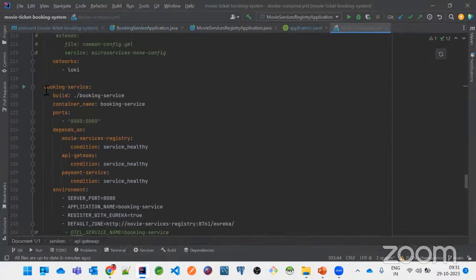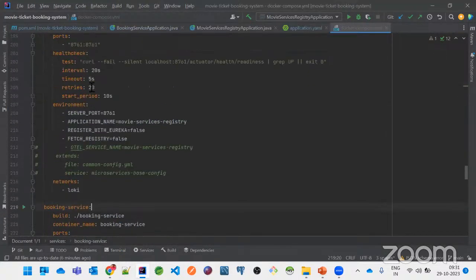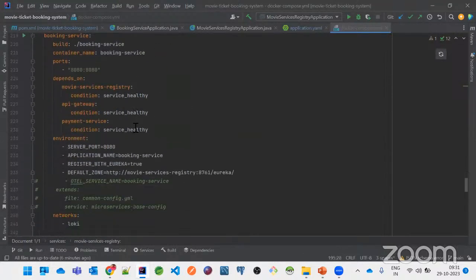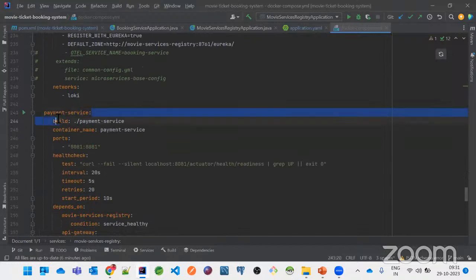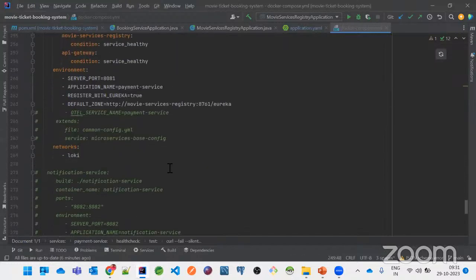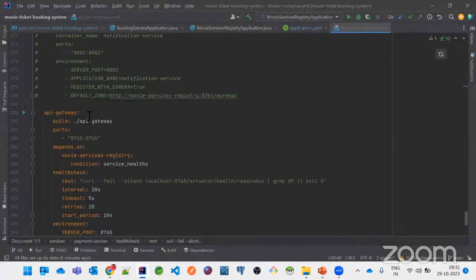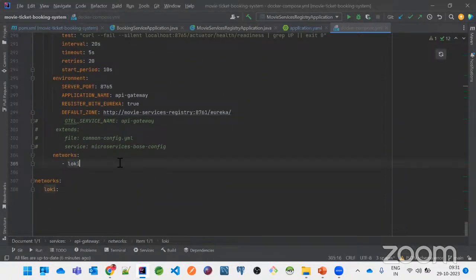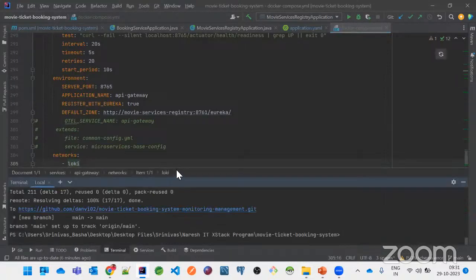So if you see, the booking service has been defined. The movie services registry has been defined. The payment service has been defined. The API gateway has been defined, etc. Okay. Now what I just wanted to do over here, if you just go to this terminal, don't worry